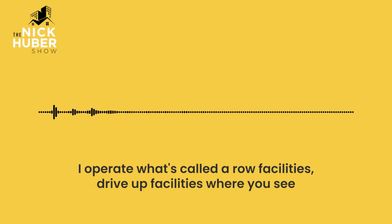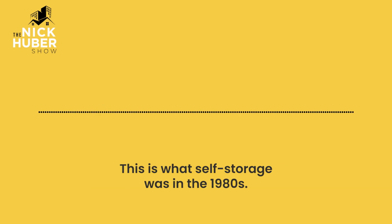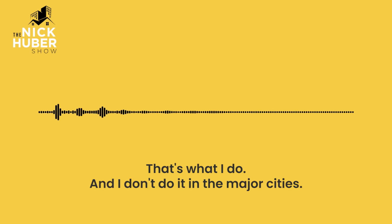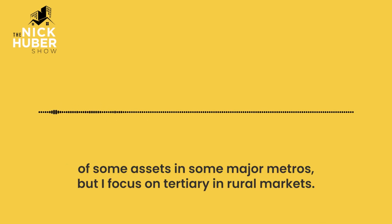Okay, I operate what's called row facilities, drive-up facilities, where you see rows of buildings and individual garage doors that you drive up to. This is what self-storage was in the 1980s. That's what I do, and I don't do it in the major cities. I will eventually get a hold of some assets in some major metros, but I focus on tertiary and rural